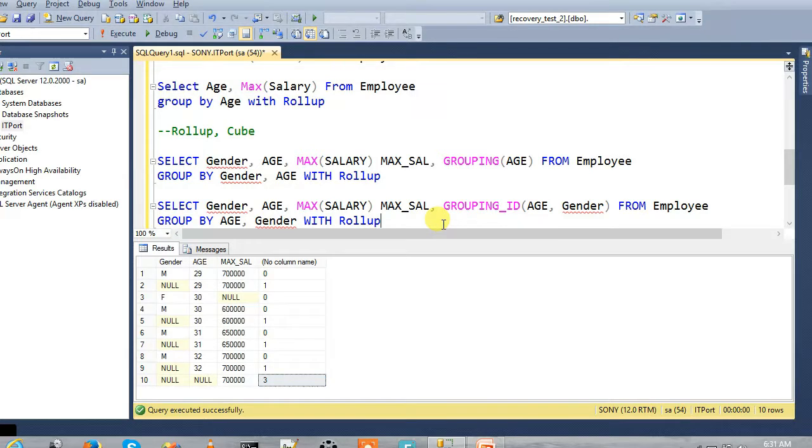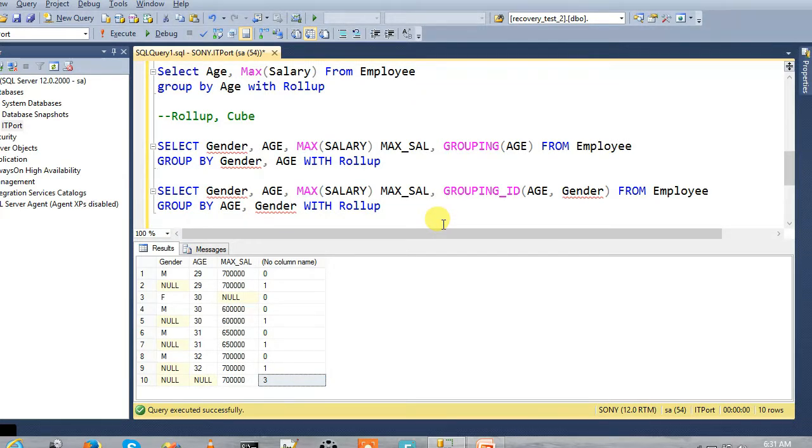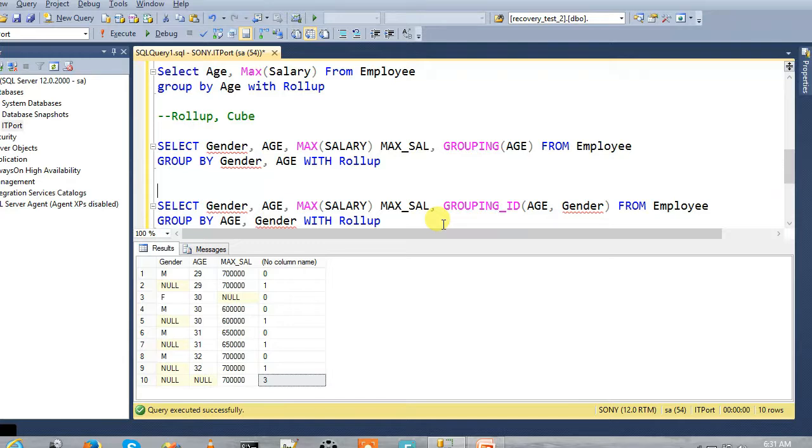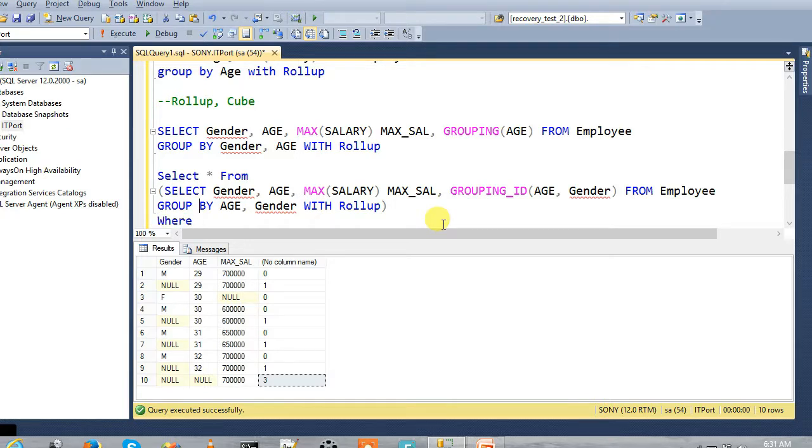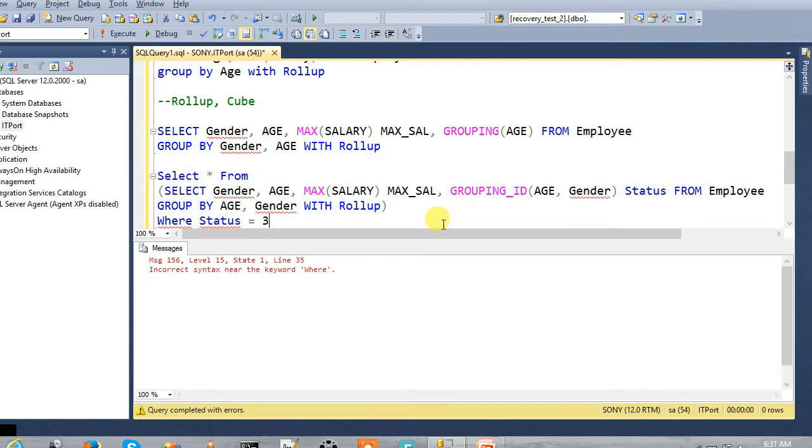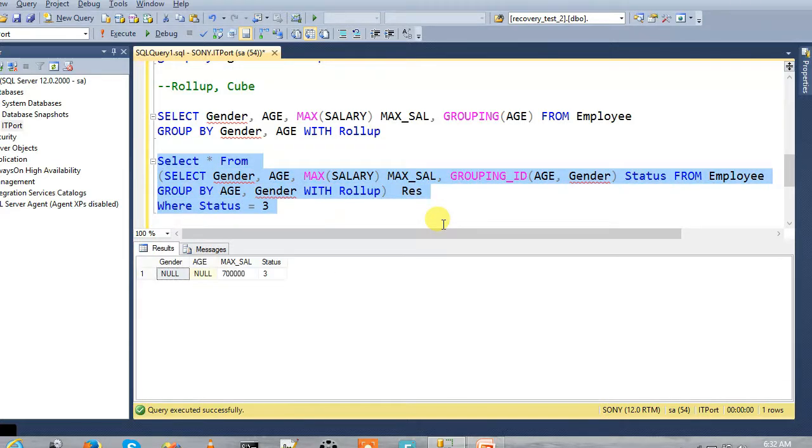So these are the IDs used to find out results from this rollup clause. If you want to find this, where the grouping ID status is equal to 3, it returns only the last subtotal. So this is a set. If you want to find out that 1,